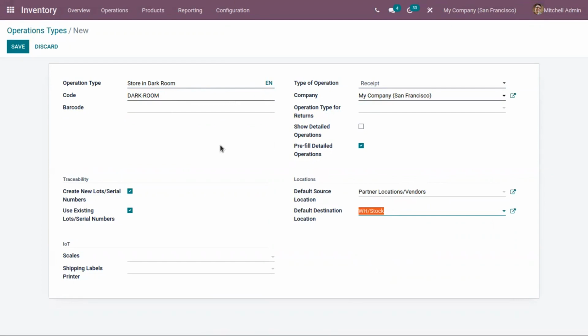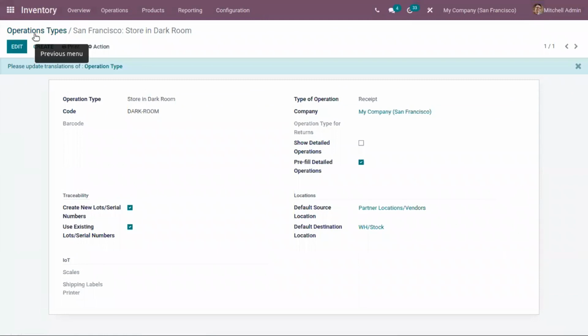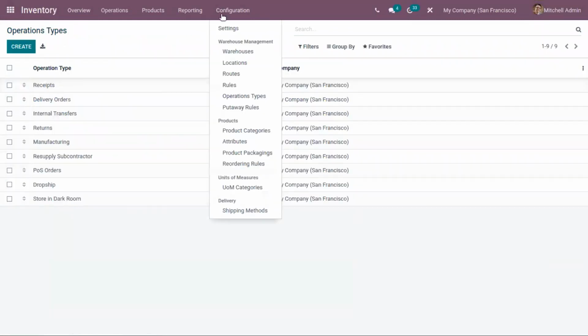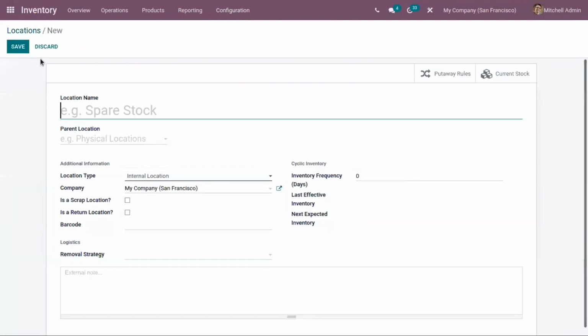So let me create a new location. For that, come under configuration. You can find locations if you have enabled storage locations. So we can create a new physical location.